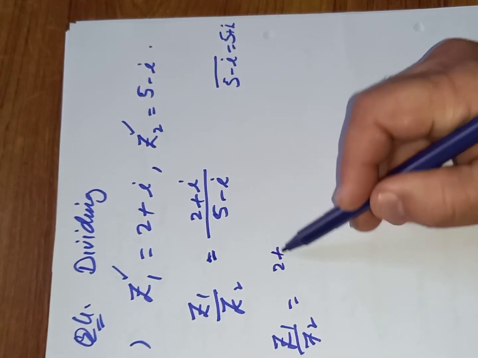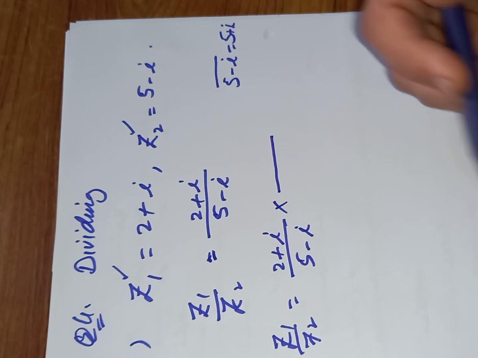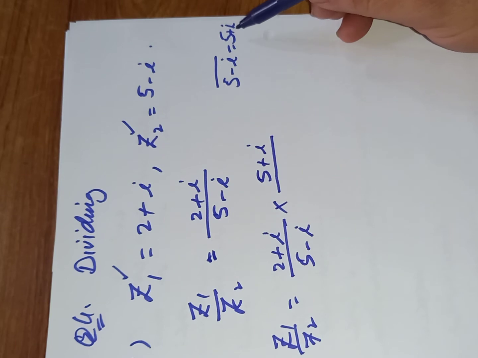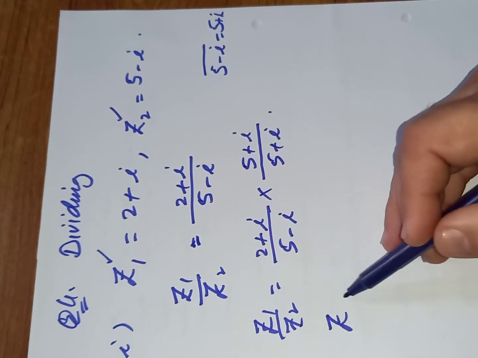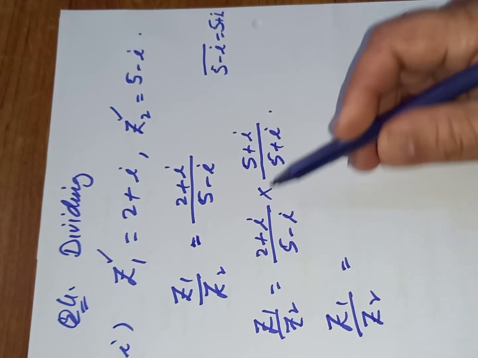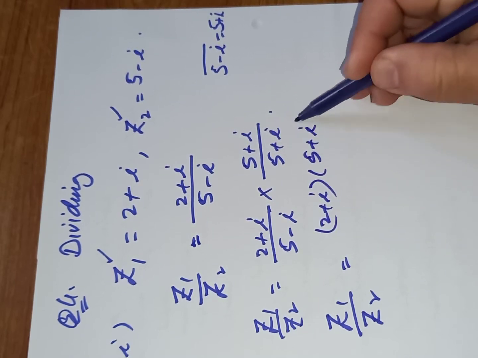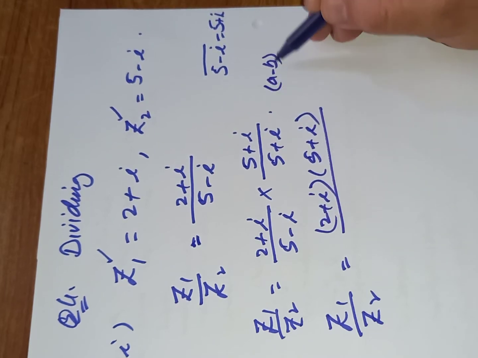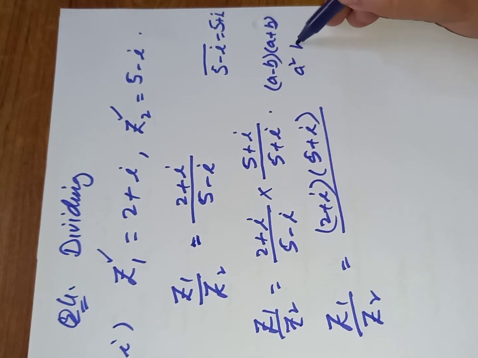and we have 2 plus iota by 5 minus iota to multiply. This process is called rationalizing. So we are rationalizing with the conjugate of the denominator, 5 plus iota, so we will get it rationalized, and that is 2 plus iota to multiply with the other numerator, that is 5 plus iota, divided by, and we had a formula, when there are same things, one time with negative sign, one time with plus, we write both squares, but in between there will be a negative sign.